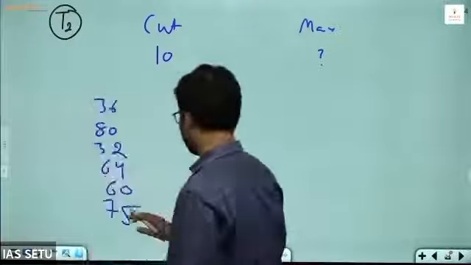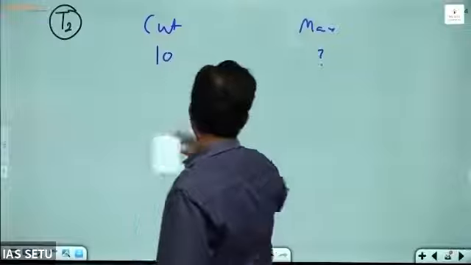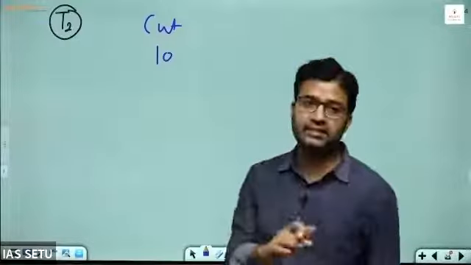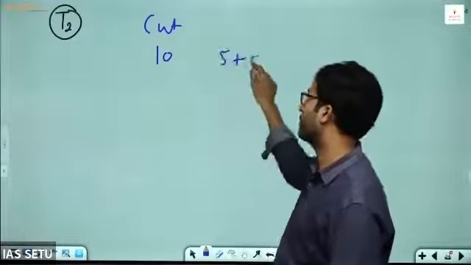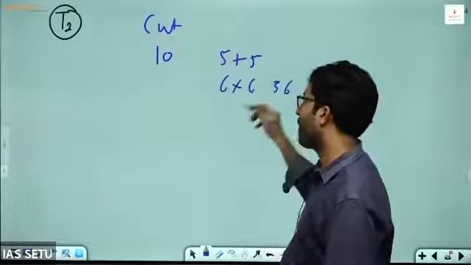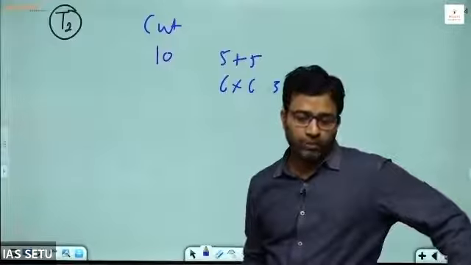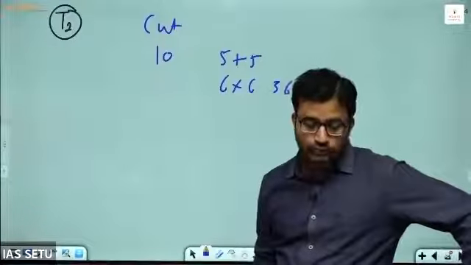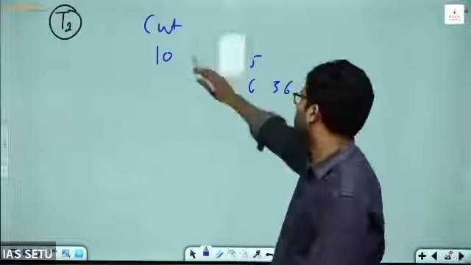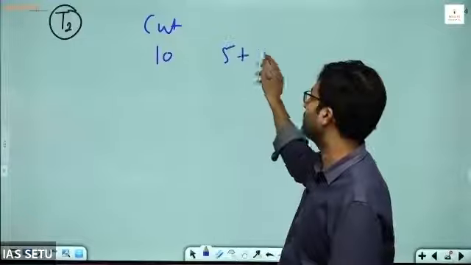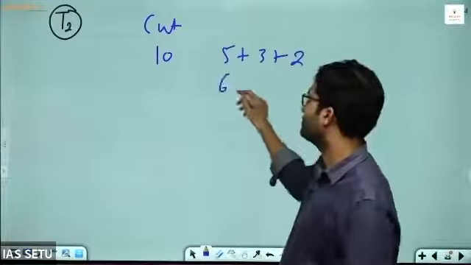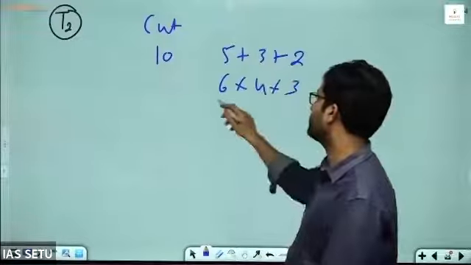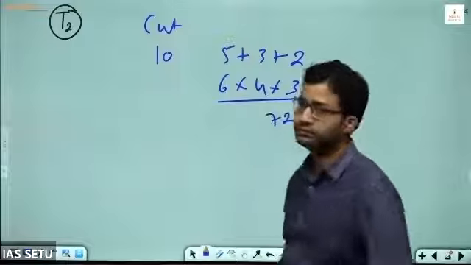$60। चलो बहुत हो गया, अब ज्यादा टाइम नहीं वेस्ट करना। Now here those who are getting 36 as answer, what they have done, 5 plus 5, 6 into 6, 36। ठीक है। Now those who are getting 72 as an answer, they have broken this 10 as 5 plus 3 plus 2, 6 pieces, 4 pieces, 3 pieces, 24 into 3, 72।